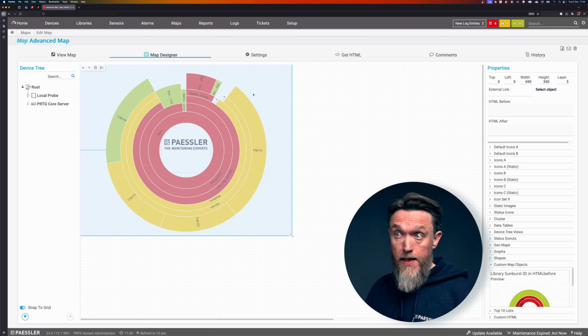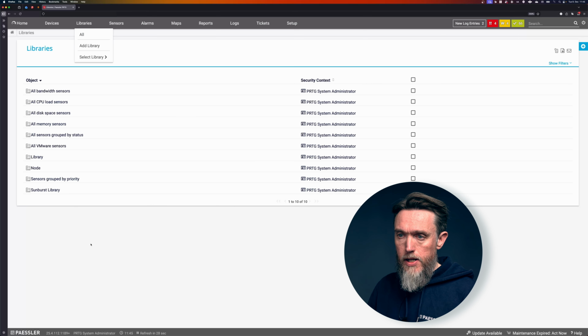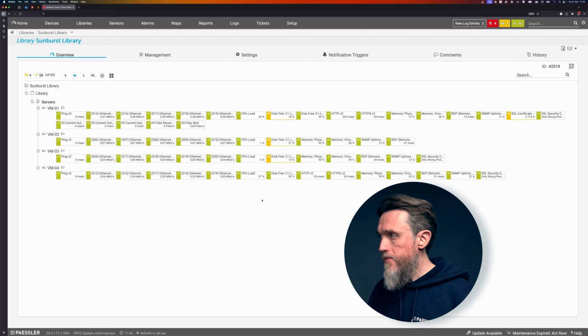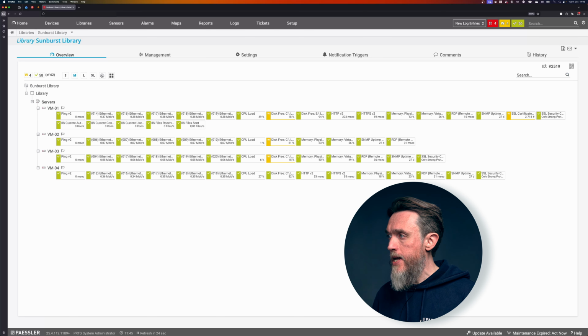So where do we find that? Let's go and have a look. It's in libraries, so hover over libraries, and I cunningly have a library set up here already. Let's go to the Sunburst library, and what you're looking for is in the top right hand corner of the web interface where it says ID number. Okay, so this number here, 2519, we need to remember that. That's the number that we need. So 2519. So now we're going to go back to the map,